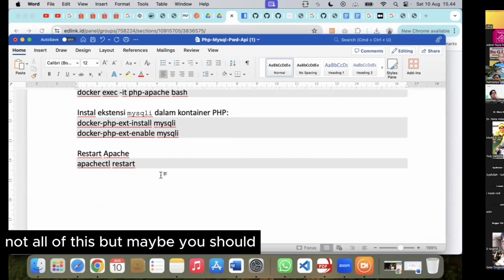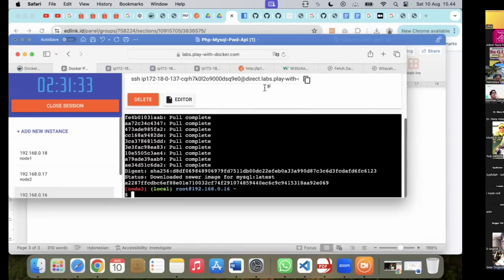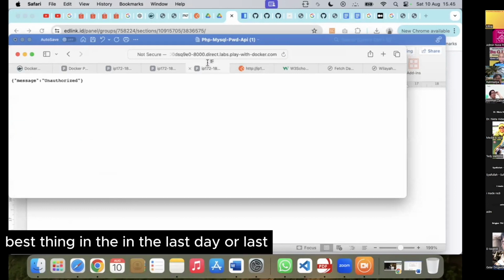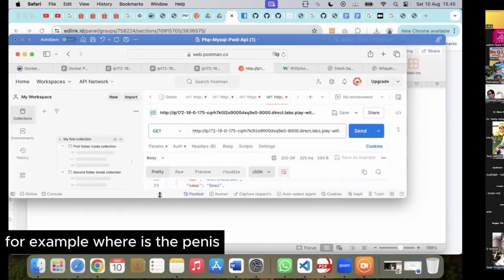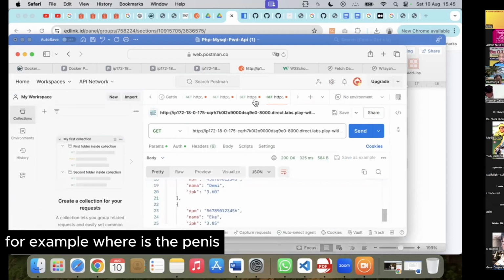Not all of it, but maybe you should test at the end. For example, where is the finish?